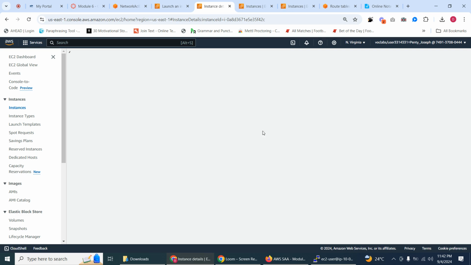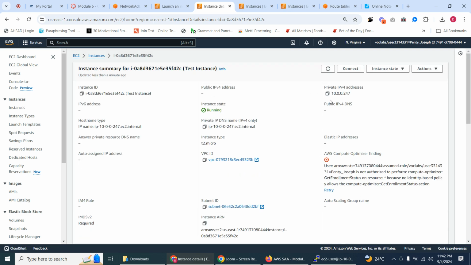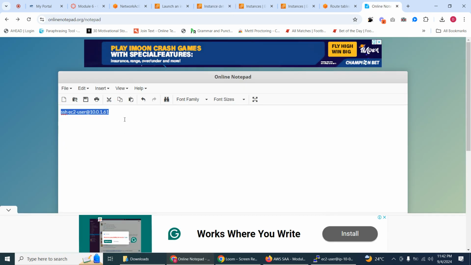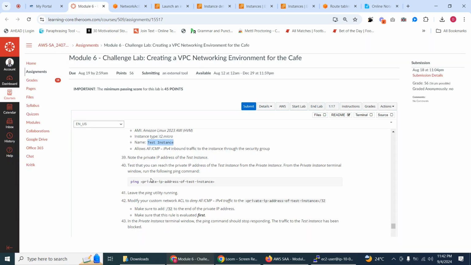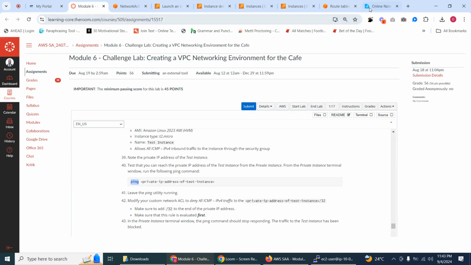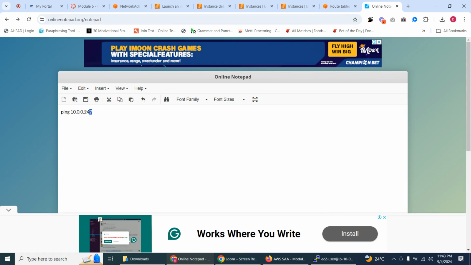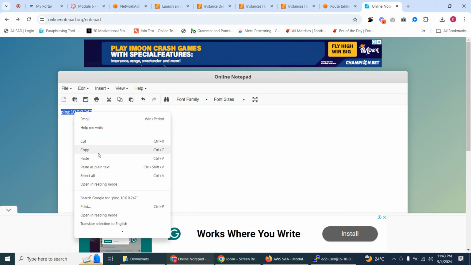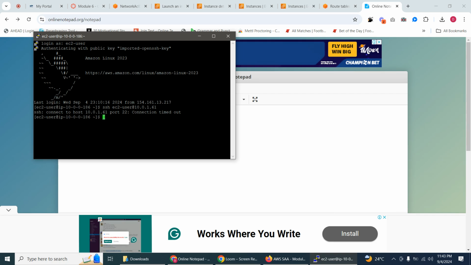Okay, so we are supposed to get a private IP address of it. This is that. And then let's come back here. Let me put that here. And then they said we should ping that. Okay, so ping with the private IP address that we have copied like this. So ping something like this. Okay, you can see it here. Just give a space and then copy all of this, copy it, come back to this, and then